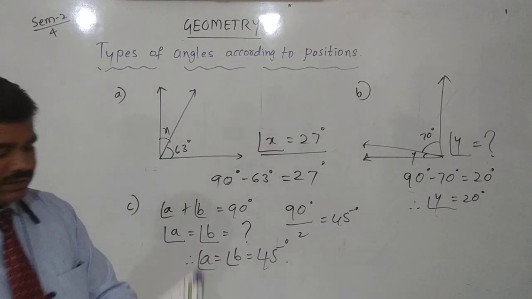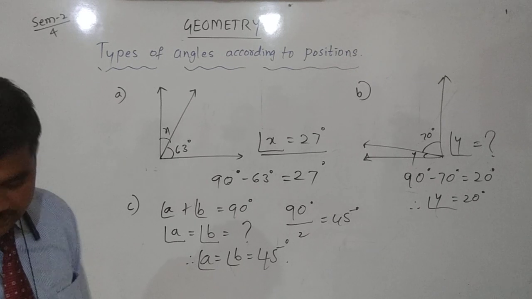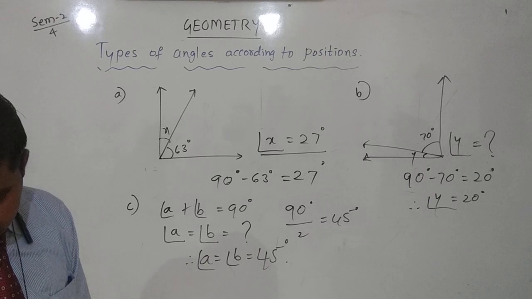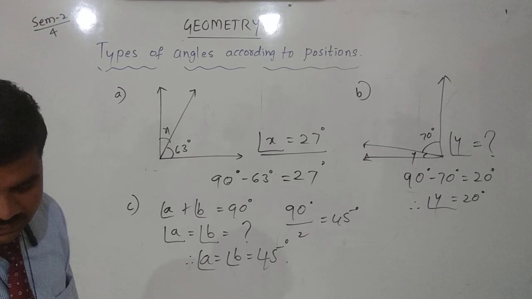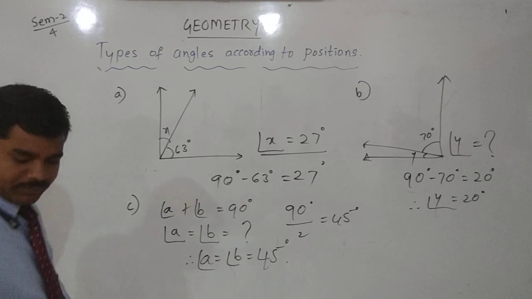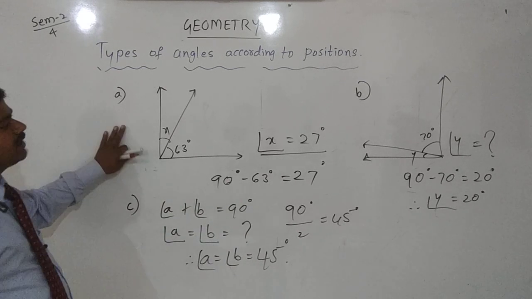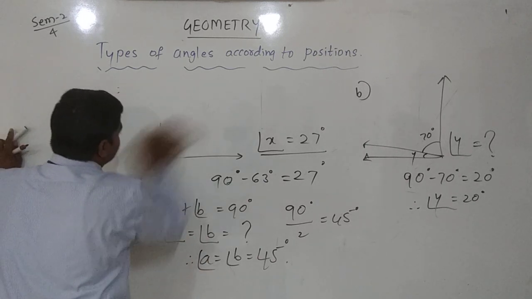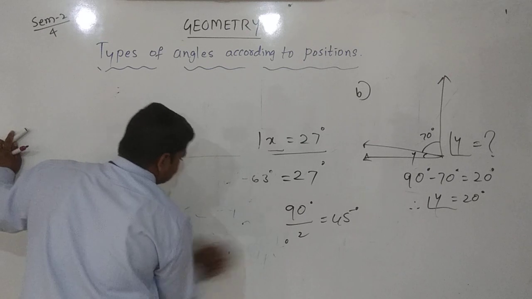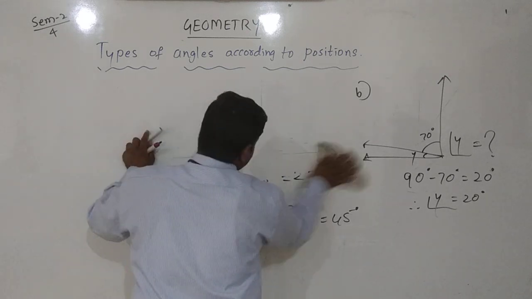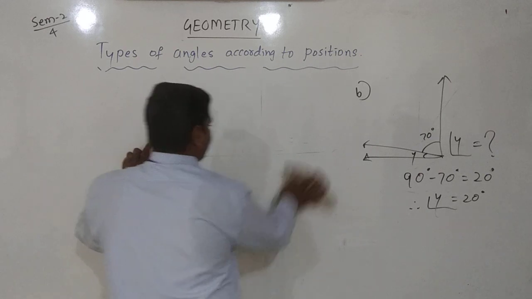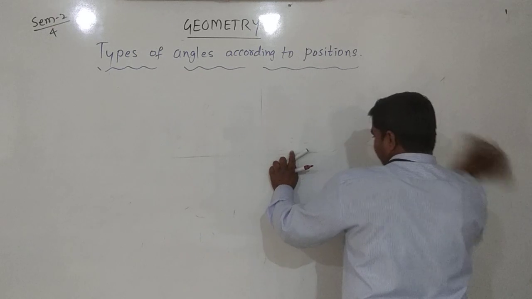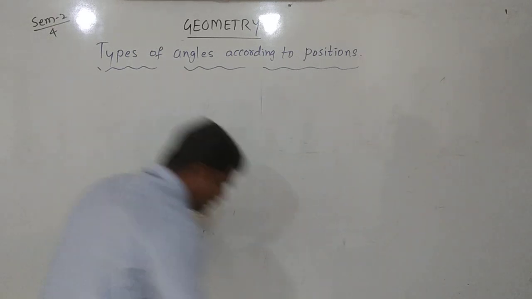And about the vertically opposite angles. Vertically opposite angles and adjacent angles, that we will see now. Exercise, page number 141. This is page number 142 and 143 together. Complementary angles, about the complementary angles. Now about adjacent angles and the next one. Which one is that? Yes, about vertically opposite angles. That we will see now.